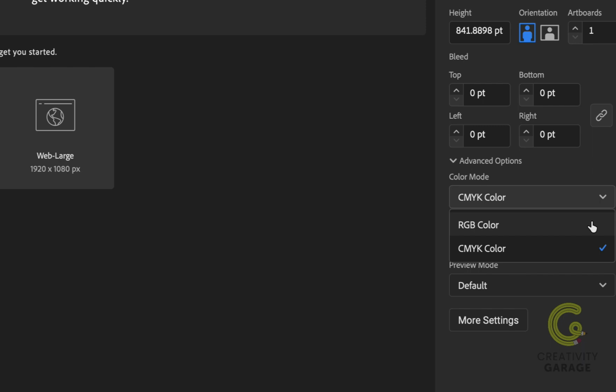CMYK is an acronym of cyan, magenta, yellow, and black. They're the colors of ink used in full-color process printing. These four colors are combined and overlapped in a pattern of dots to create a multitude of other colors, whereas